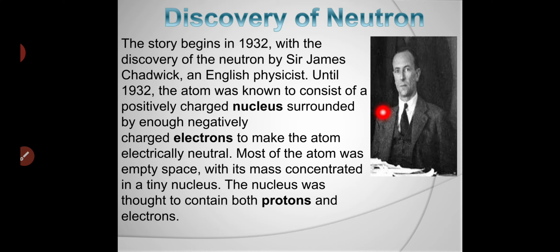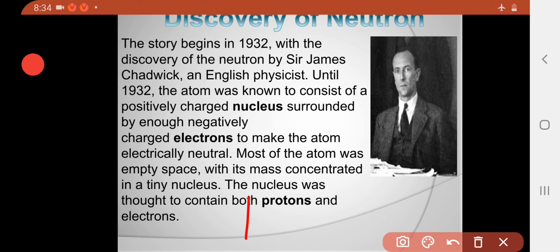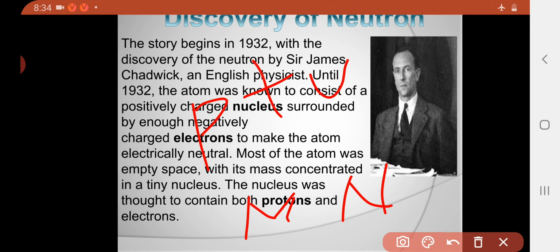He went back to study the structure of the atom, and when he divided that atom, he found that there was a difference between the mass of the atom and the number of the atom. We should know that however many positive charges there are in the atom, that many negative charges should be present. Only then will the atom be stable, right?